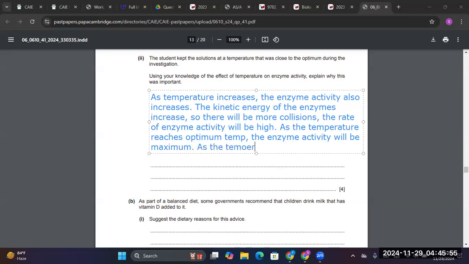As the temperature increases further, past the optimum temperature, the enzyme activity decreases